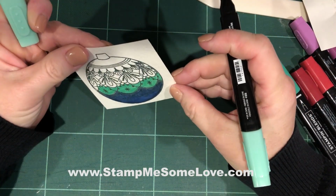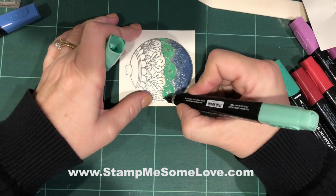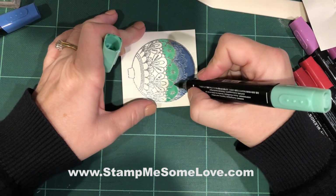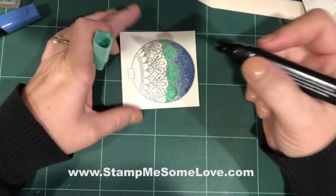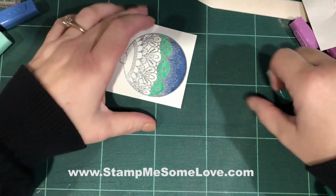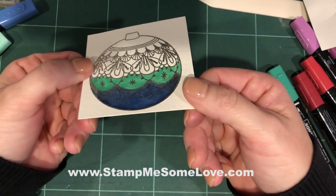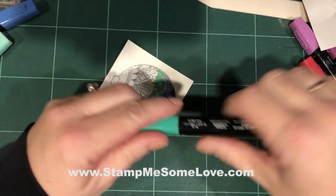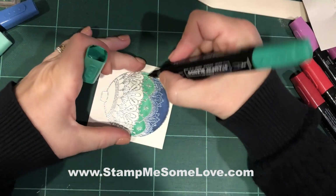Okay. All right, oops, missed a section right there. All right. Okay, now I'm going to use the dark color. Let's see if you can see that. And turn it that way a little bit. Yeah. All right, so I'm going to use the dark color, and I'm going to do that little line down